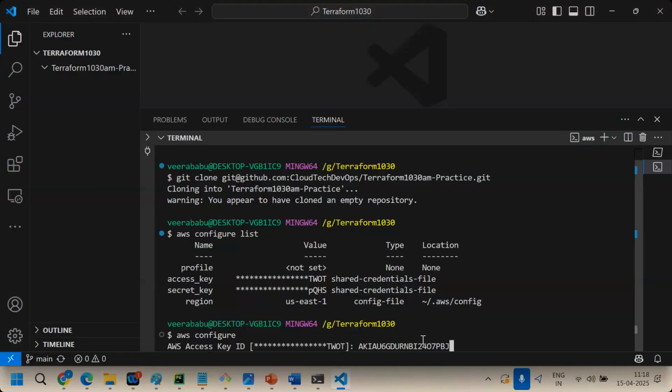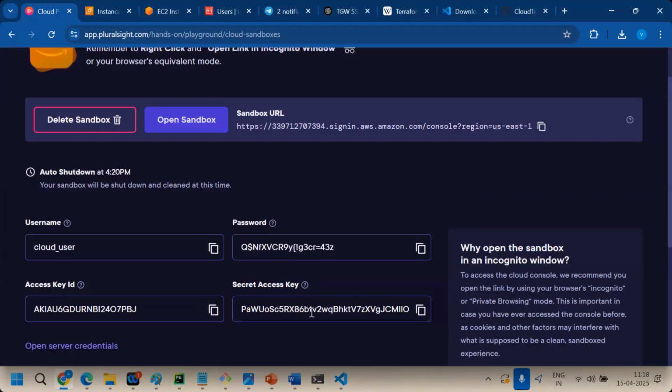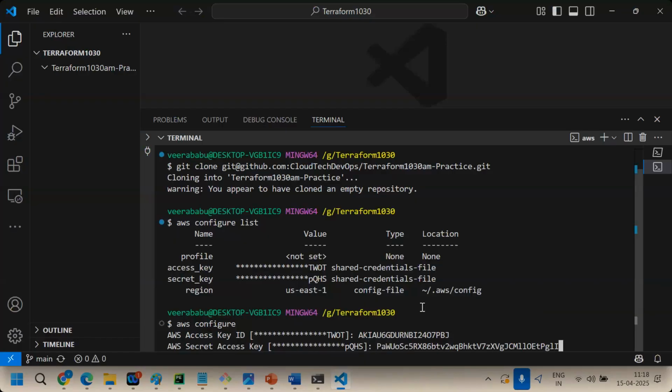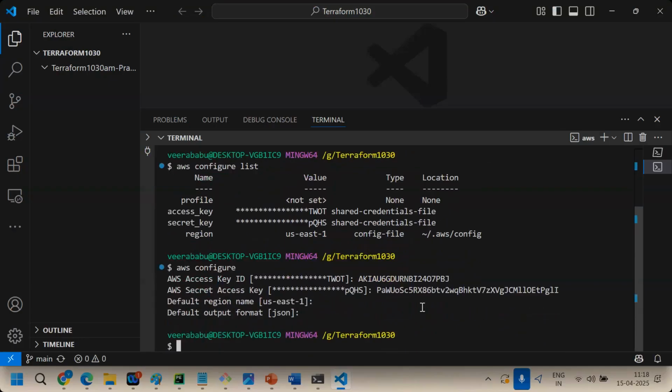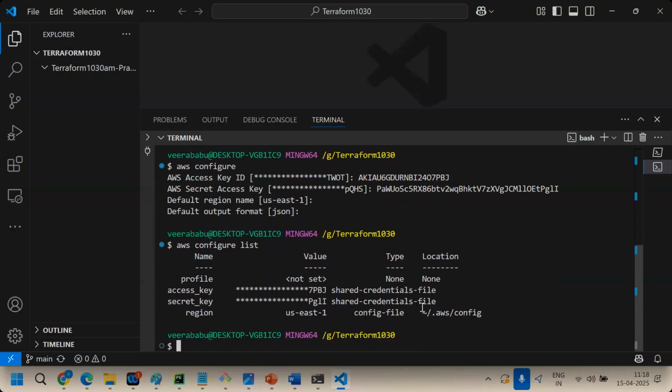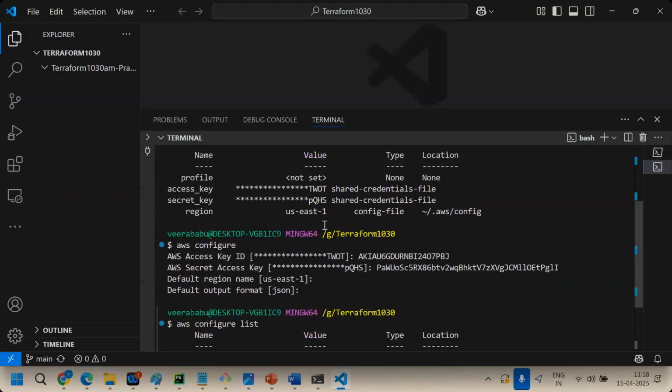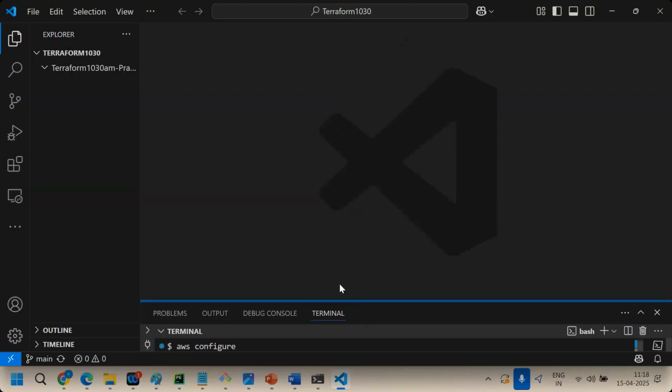I'm giving the access key, secret key. Done. aws configure list. Yes, configured with correct keys. So account validation, account login, and keys are done. And to develop code, VS Code is also ready.